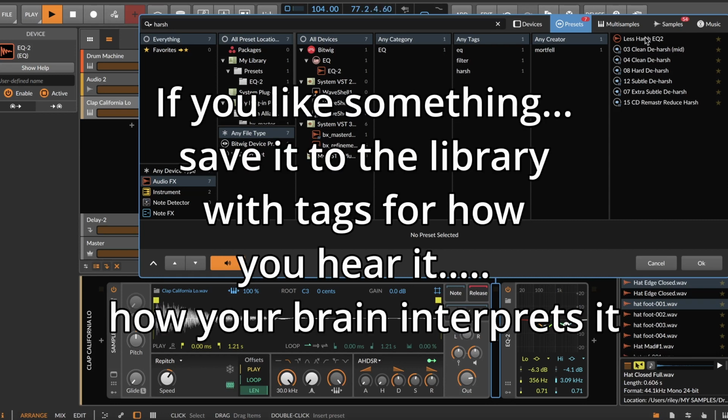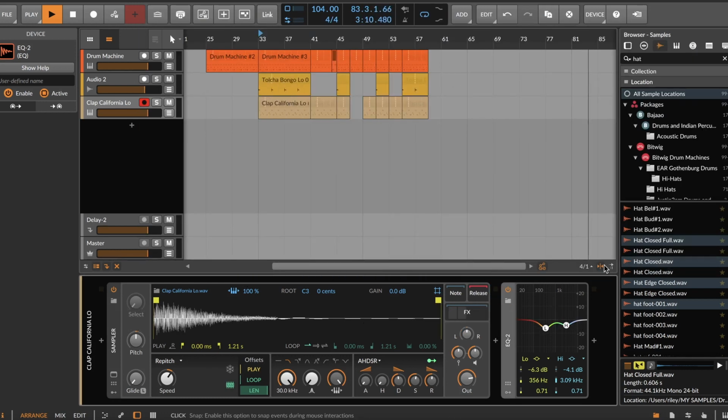So you should always do that with Bitwig when you're working. Just save stuff. If you like a sound, just save it, tag it in something that you'll remember it. And then if you're ever just looking for something, you just type the word in there and you can have stuff start to come up like that. Another thing you can do